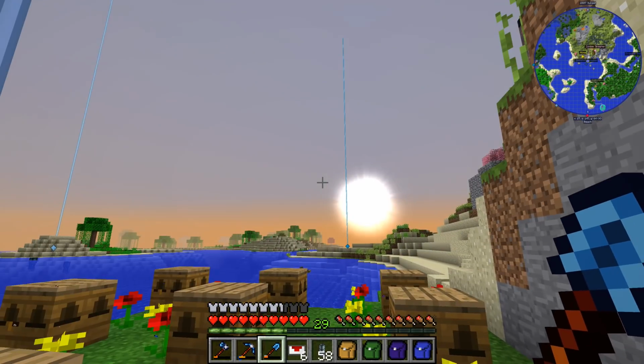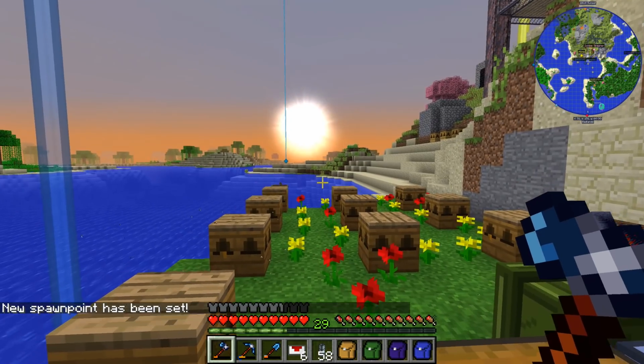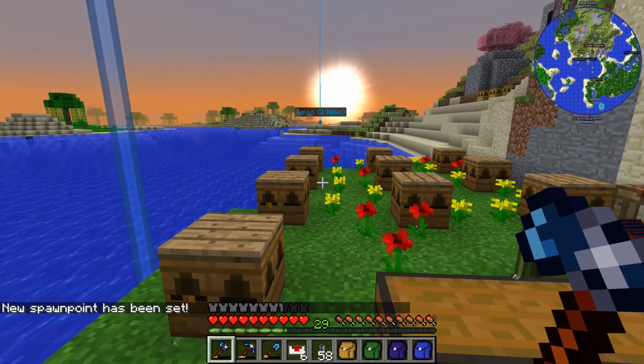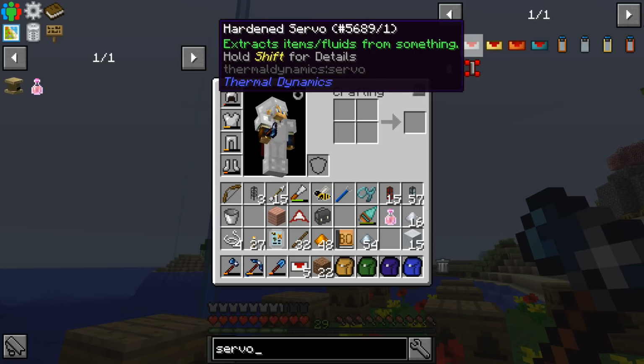It's nighttime though. I made another bed to have down here. Sleep with the bees, new spawn point habitat. That's exactly the opposite of what I needed, but sure. Nighttime, please, so I can keep going. Oh no, well, whatever. So I suppose let's look at servos. We can make a hardened servo, which...